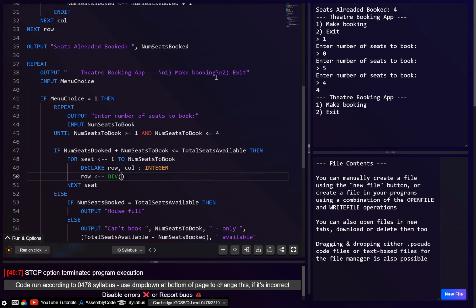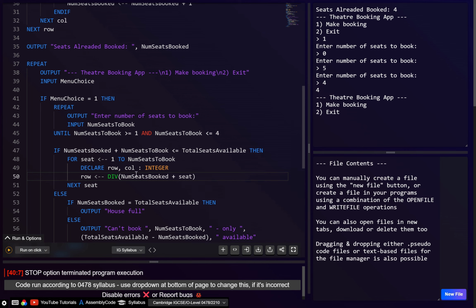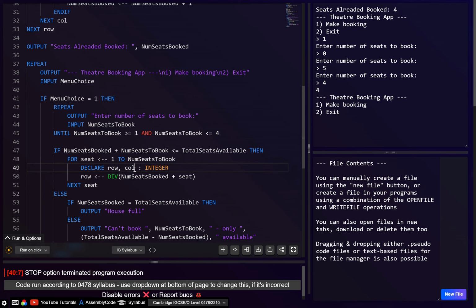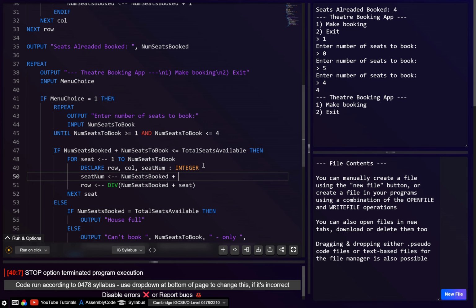So this is the number of seats booked. But then we also want to go plus the seat num, because for example, if 45 seats have already been booked, then the seat we want to book is going to be this one. Honestly, let's make another variable. Let's call it seat num, and seat num is just going to be the num seats booked, plus the seat. So here this is going to be seat num,